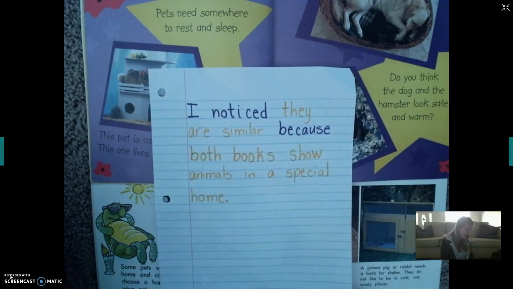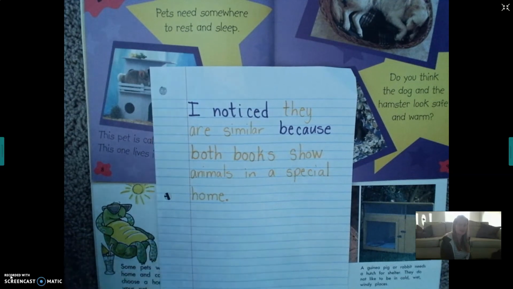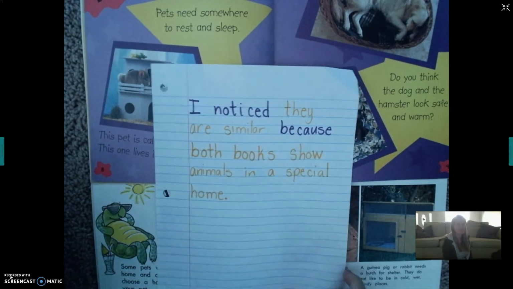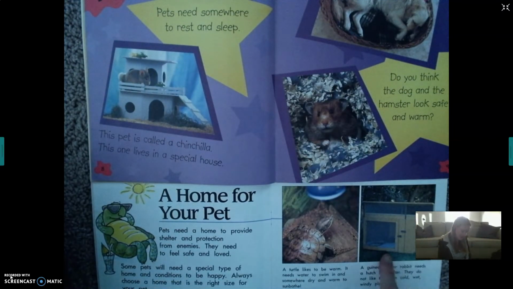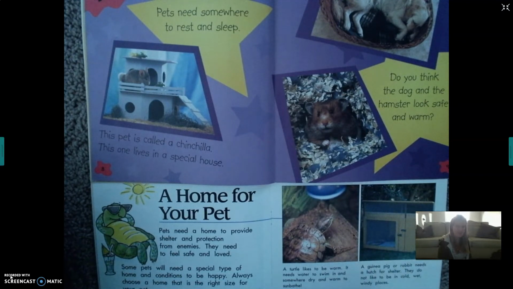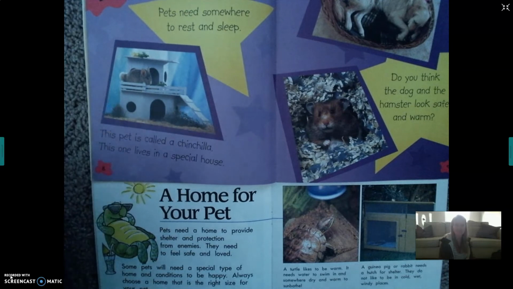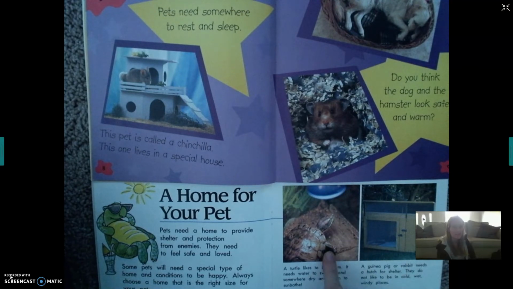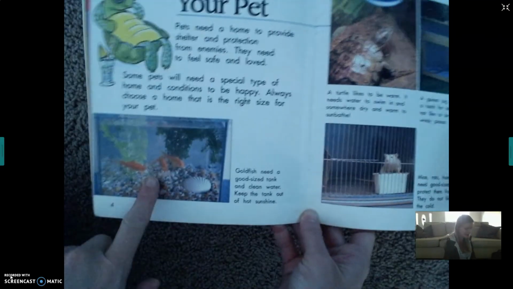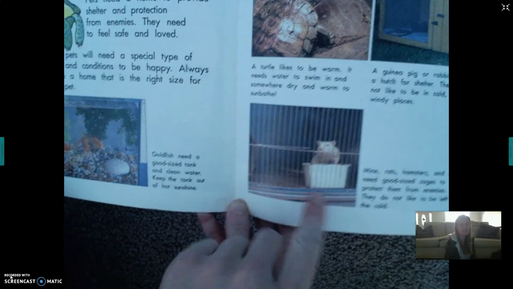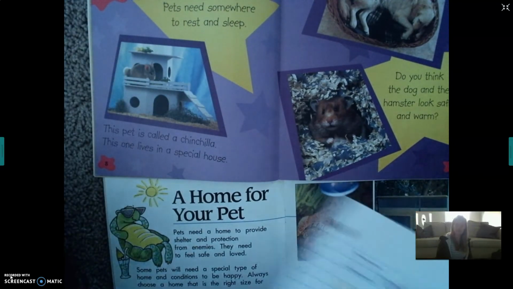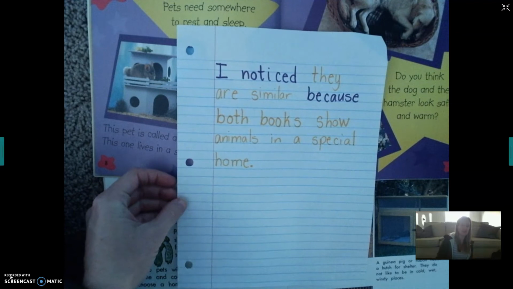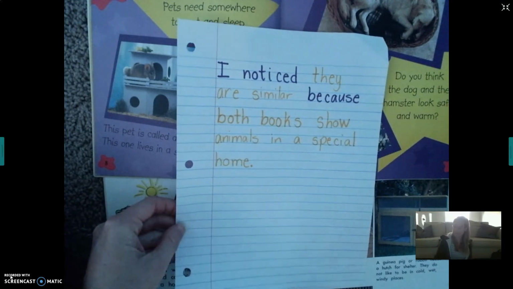I noticed they are similar because both books show animals in a special home. They all have a special home. Look at this. The guinea pig has a special home. The chinchilla has a special home. And when I look down here, I can see that the guinea pig and rabbit also have a special home, and the turtle has a special home. I remember the fish also has a special home, and mice, rats, and hamsters also want a special home. So that's how they're the same. That's what I noticed. Both books show animals in a special home or a special place they like to feel